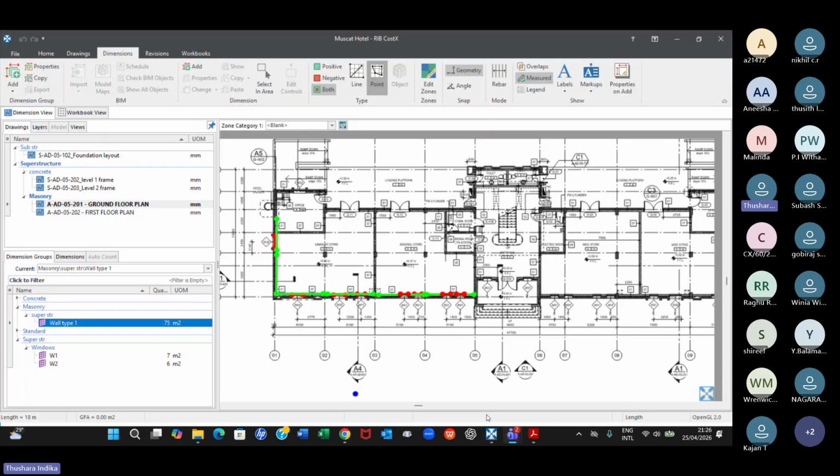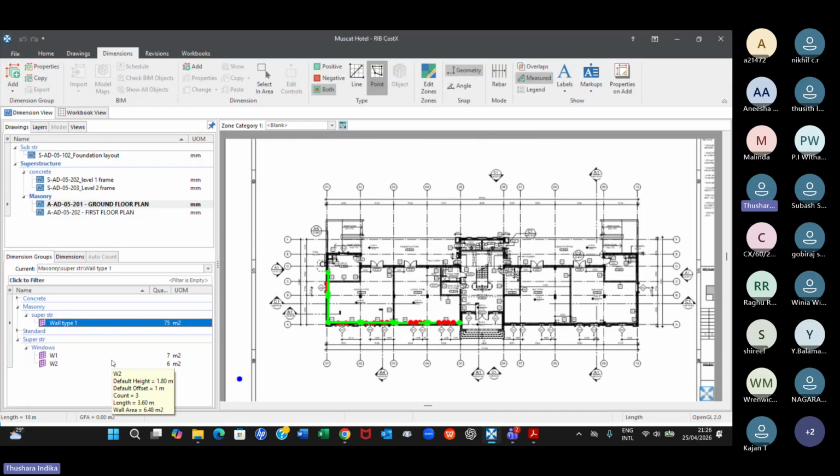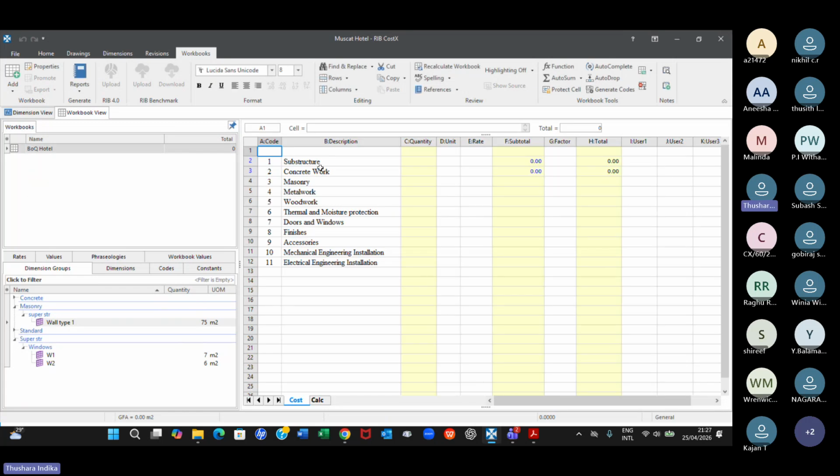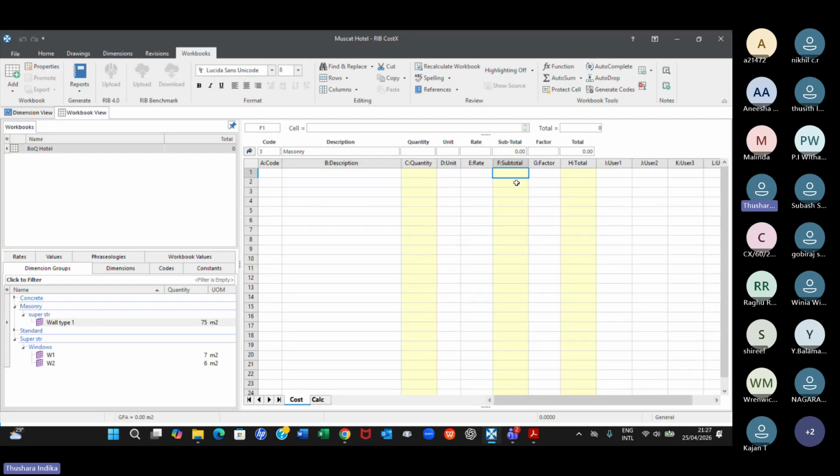Right. So going back, now you understand how this works. Now I go to the workbook because I want to put it into the BOQ. I was in the substructure concrete work. Now I want to go into the masonry, let's say. If you want to go into the masonry, normally you click on this, because this is level 1, and double click on the subtotal, and that is where you can include